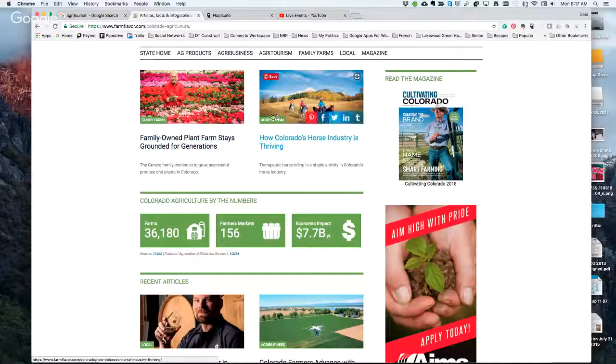Agritourism, that's perfect. And then when I hover over this, I see that there are these share buttons. These people are shareable. Well, there's a concept. And so if I wanted to share this, I'm going to click and let's see what happens.